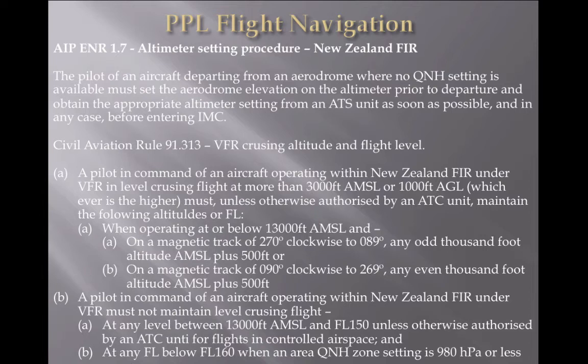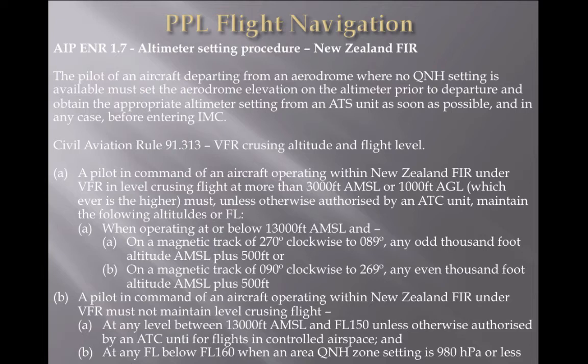When operating at or below 13,000 feet AMSL, on a magnetic track of 270 clockwise to 089, so from west to east, any odd 1,000 feet altitude AMSL plus 500 feet,